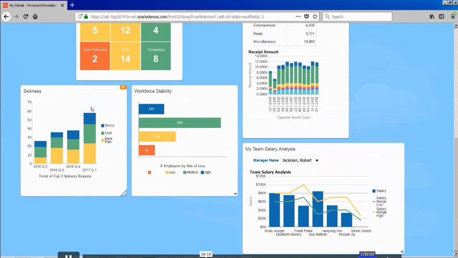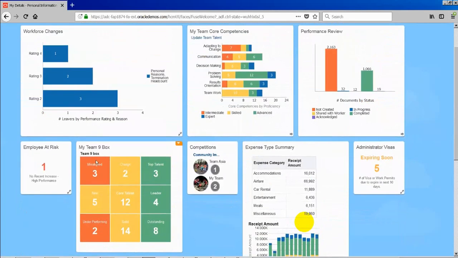Report means, for example, the trend of top 3 sickness regions. It is just a report. This report doesn't have a front or back or hiding it, anything like that. It is just a report, so it is called a report. An Infolet is a combination of two reports with some additional features. We don't need to worry about that. We are going to create a report.